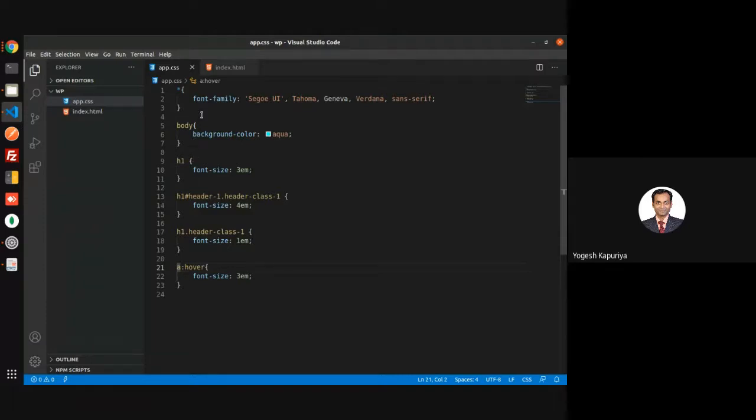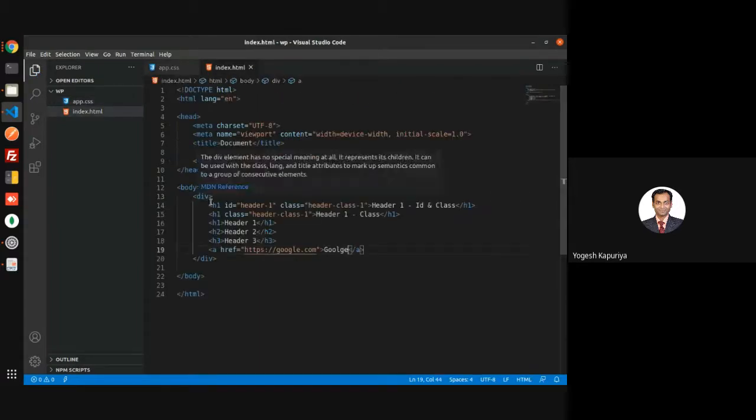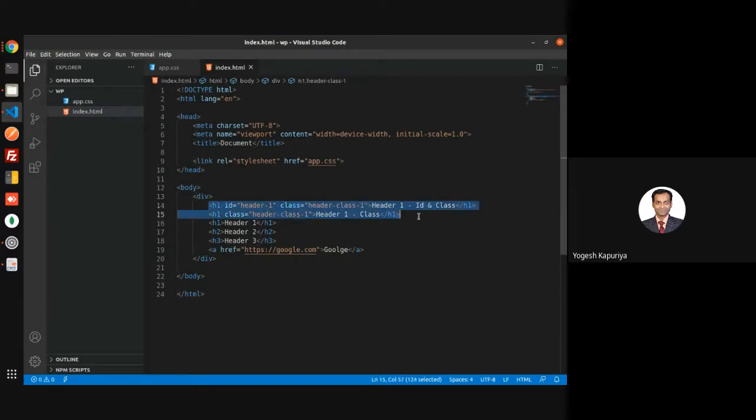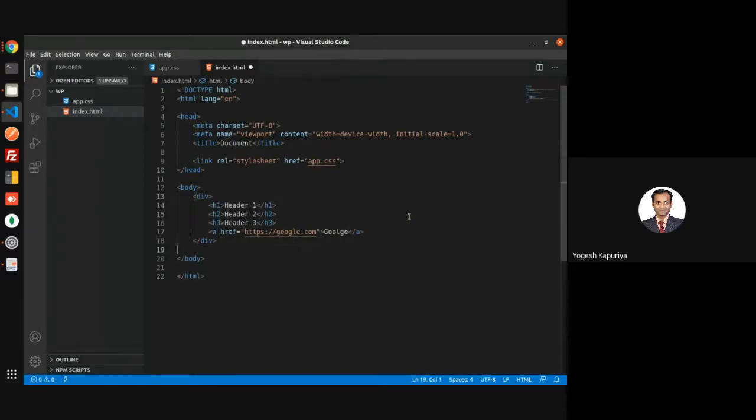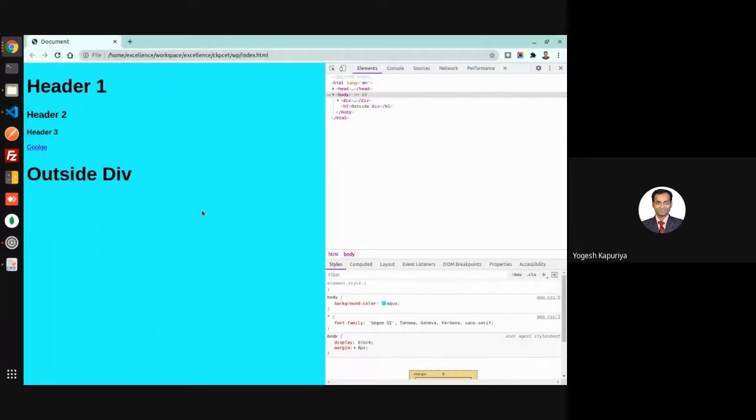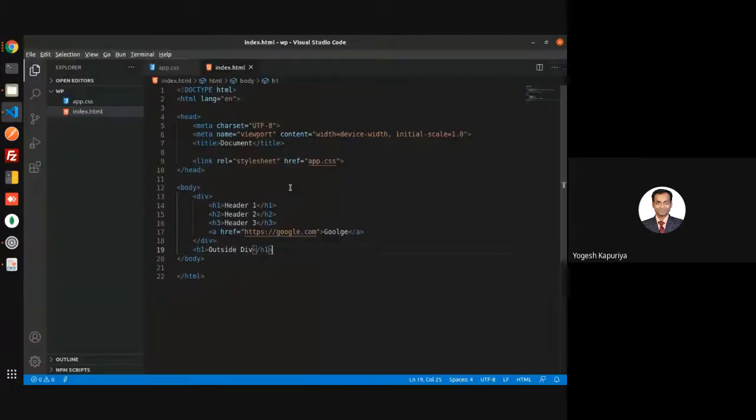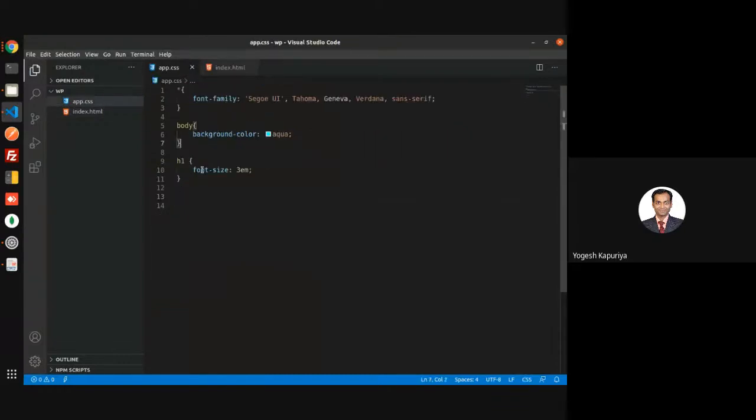Let me give you an example. Now I'm removing this header and class so that you can understand the concept. What do we mean by parent and child selection? Let us say we have this H1, H2 and H3, and then you have something like this. And again I have some H1. By default it looks like this, right? Now I want to apply a style when the header is inside the div.